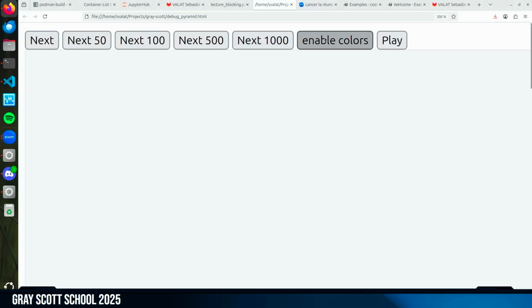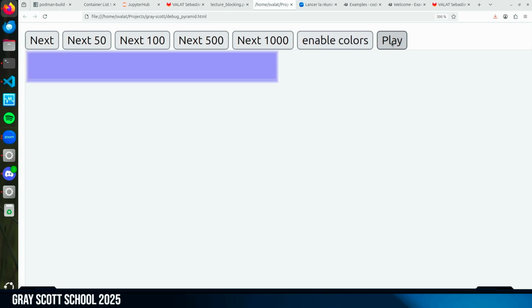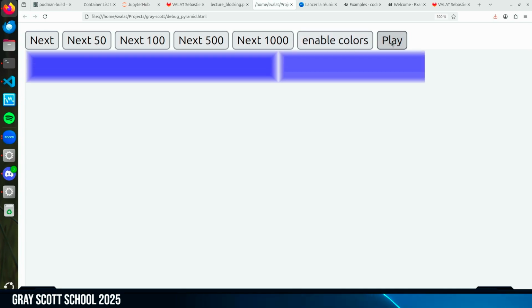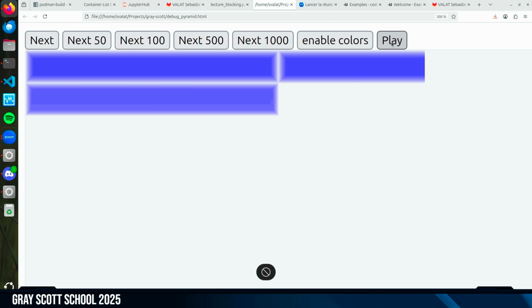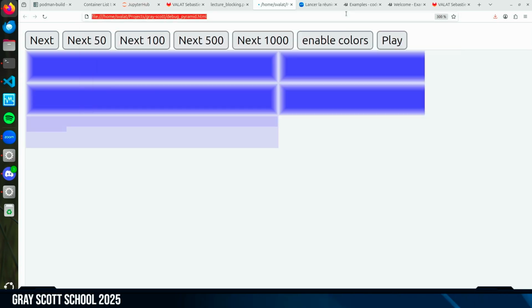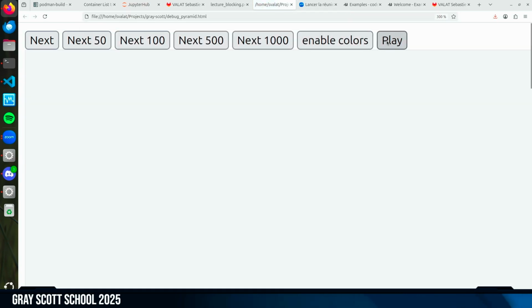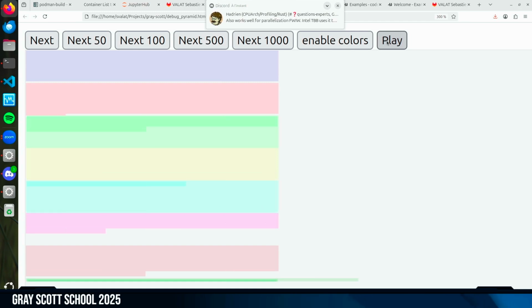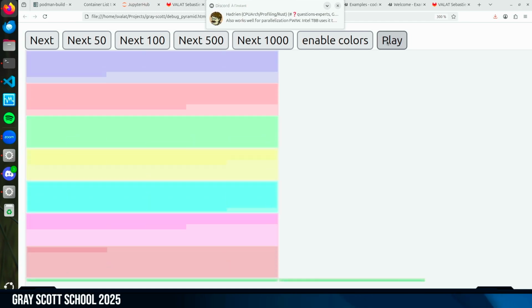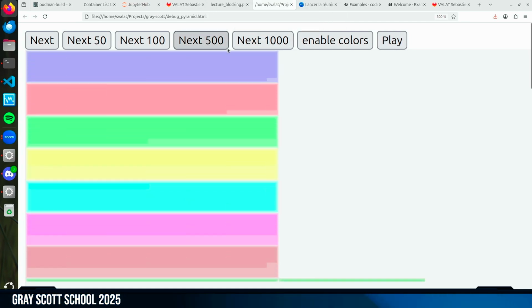And now I can enable the colors and play in parallel what is done by the different threads. What I did, I didn't reload it, after the run. So in practice, in parallel, this is more what is happening. I'm not in pyramid, I'm in L1 blocking. So L1 blocking in parallel, this is what it is doing.